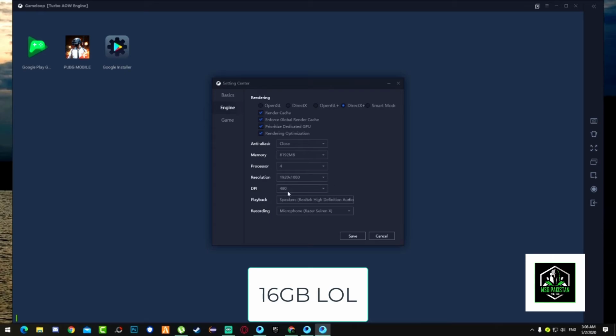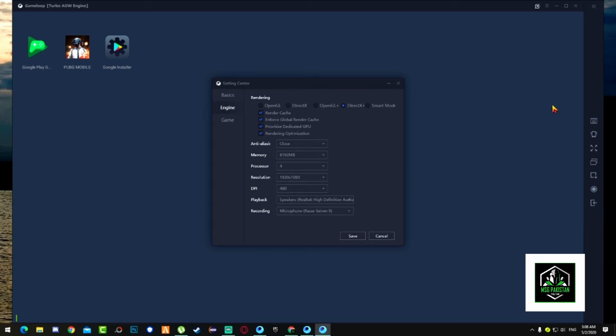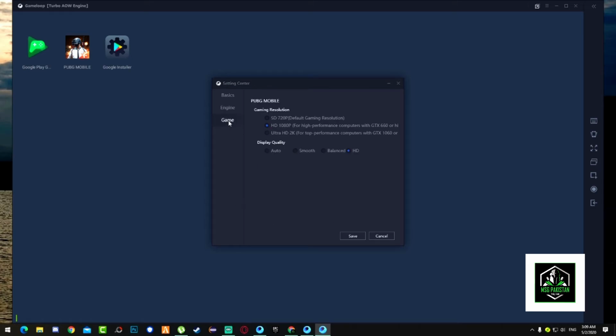It will be fine. My screen resolution is 1920 by 1080. You can select according to your screen resolution. So lastly, DPI, as you know, select 480, then playback and recording. Alright, done. Let's click on play game. So set on 1080p and HD. If you have the same settings,